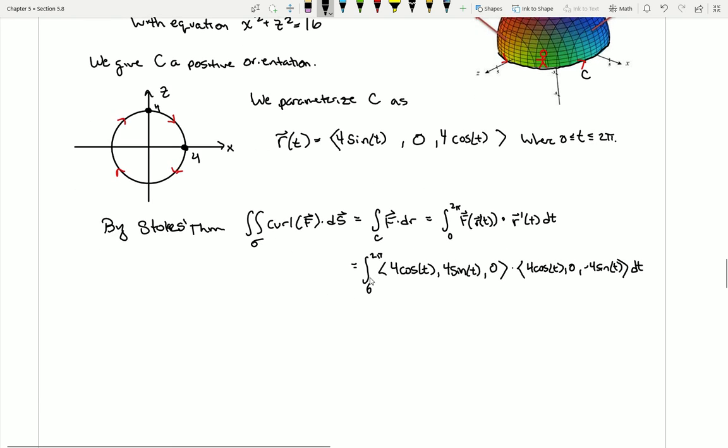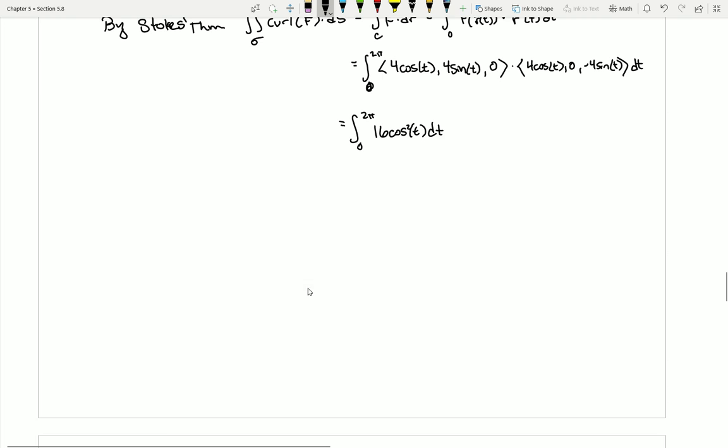If I simplify this down, again, I have an integral from 0 to 2 pi, and the dot product here is very simple. Notice that the last components are going to turn to 0, the middle components are going to turn to 0, and I'm really just going to have a 16 cosine t squared dt. And I'll go ahead and finish out this integral here. I have to make sure that I understand how to use some trig identities in order to finish this evaluation. I might recall that a cosine squared is much easier to evaluate if I use the trig identity